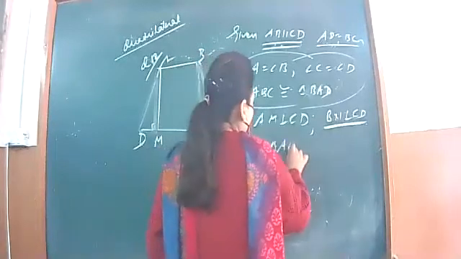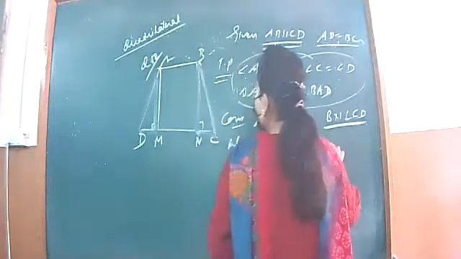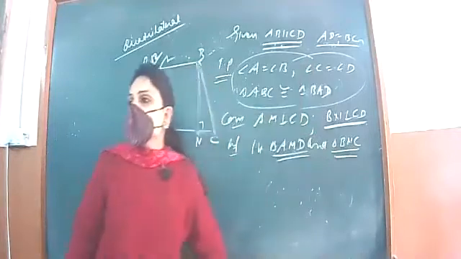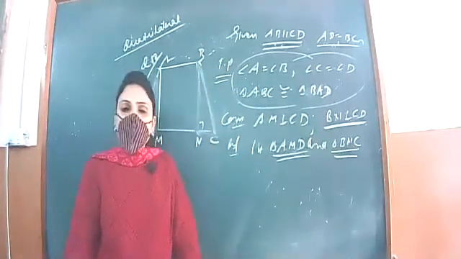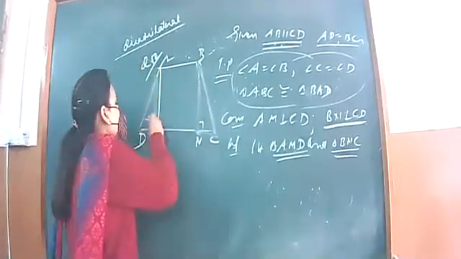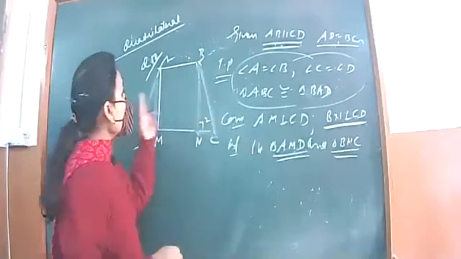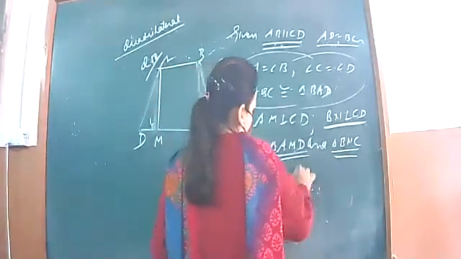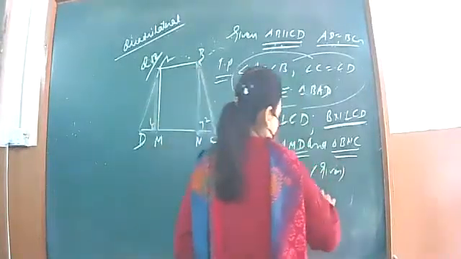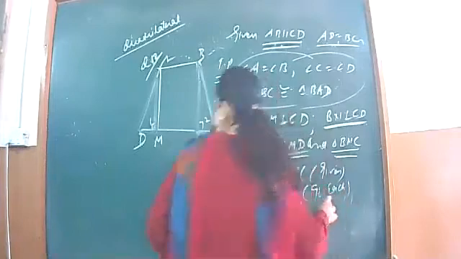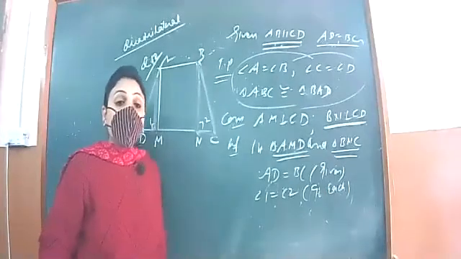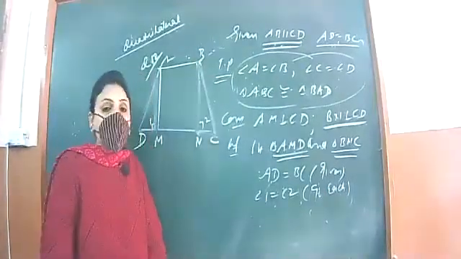In triangle AMD and triangle BNC, AMD and BNC, but sit properly. We have taken these two triangles, we need to prove their congruency. Very easy. Can anyone tell me the three things? AD equal to BC, given. 1 equal to 2, 90 degrees each. Third thing, we have done their congruency in the cyclic quadrilateral. So tell me the third thing.